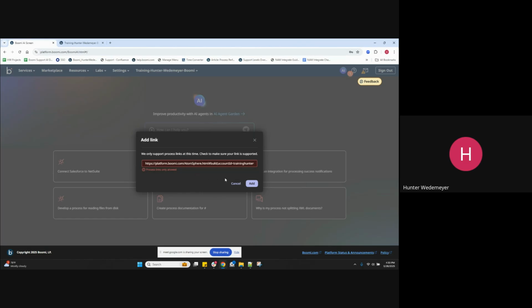Well, that is correct. What's happening is that this whole string is being considered as one URL that you are trying to paste in. Boomi GPT and Boomi Scribe do not support pasting multiple process links in this add link field at once, which means, similar to the last scenario, we have to do this one at a time. So you can clear this out